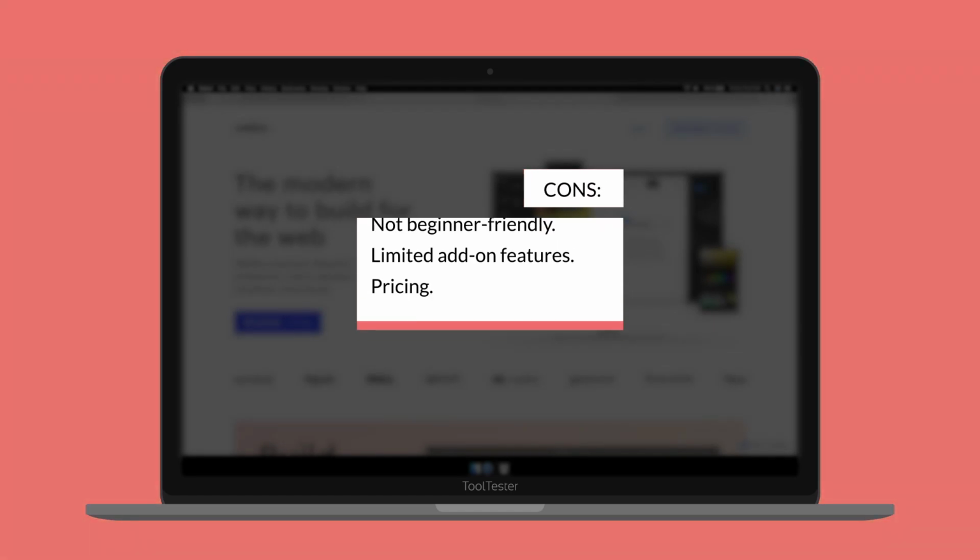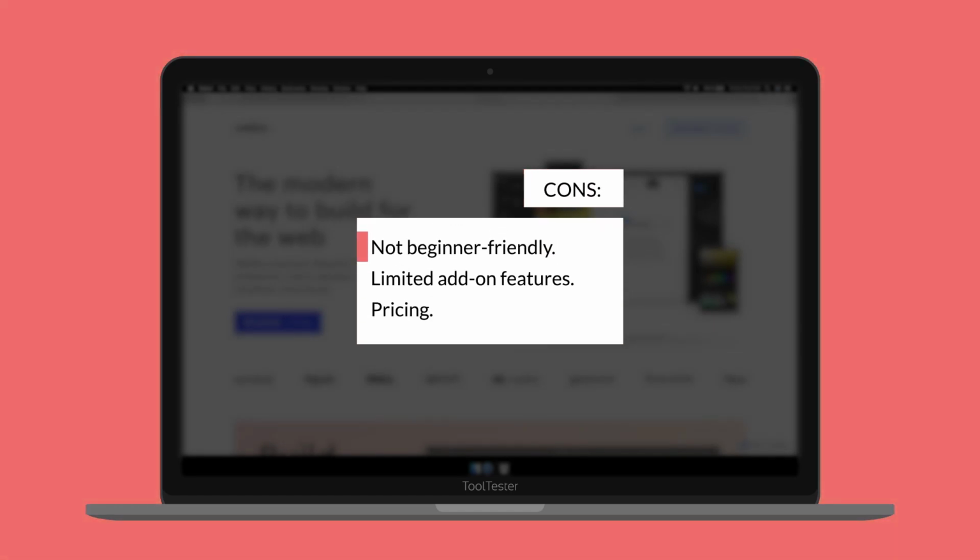What about the downsides? If you come from a WordPress background, you'll no doubt find it more intuitive to use. However, we wouldn't recommend it if ease of use is a priority. Website builders like Wix or Weebly are a lot more beginner-friendly. It also requires a lot of manual work to get some features working, such as a blog or online store. And it lacks other useful features such as widgets, member logins, and an app store, although we hope this changes in the future. Finally, the pricing could be spelled out a little clearer. The bigger your site and the more features you need, the more expensive it gets.